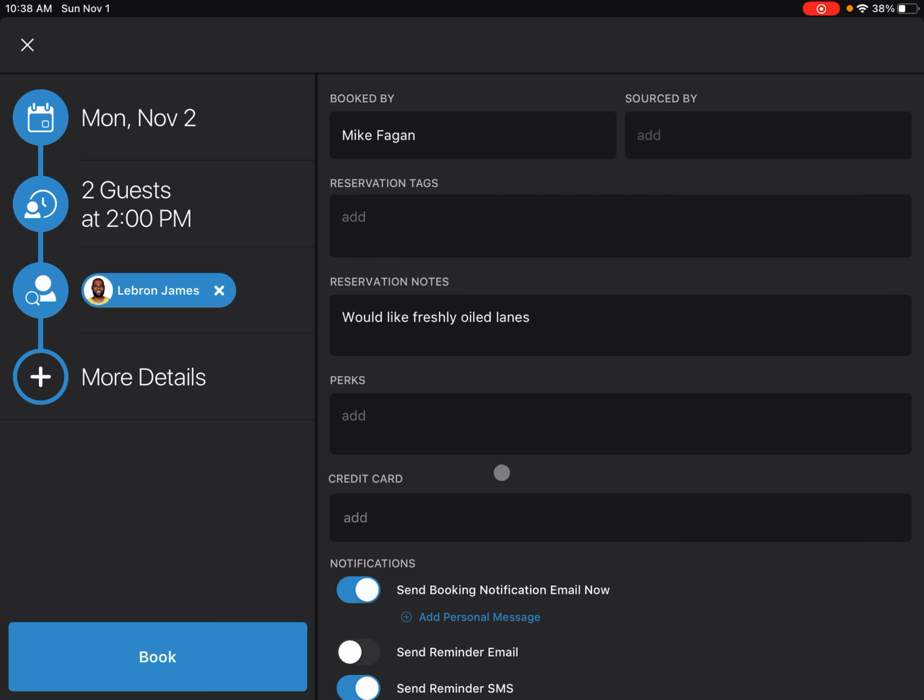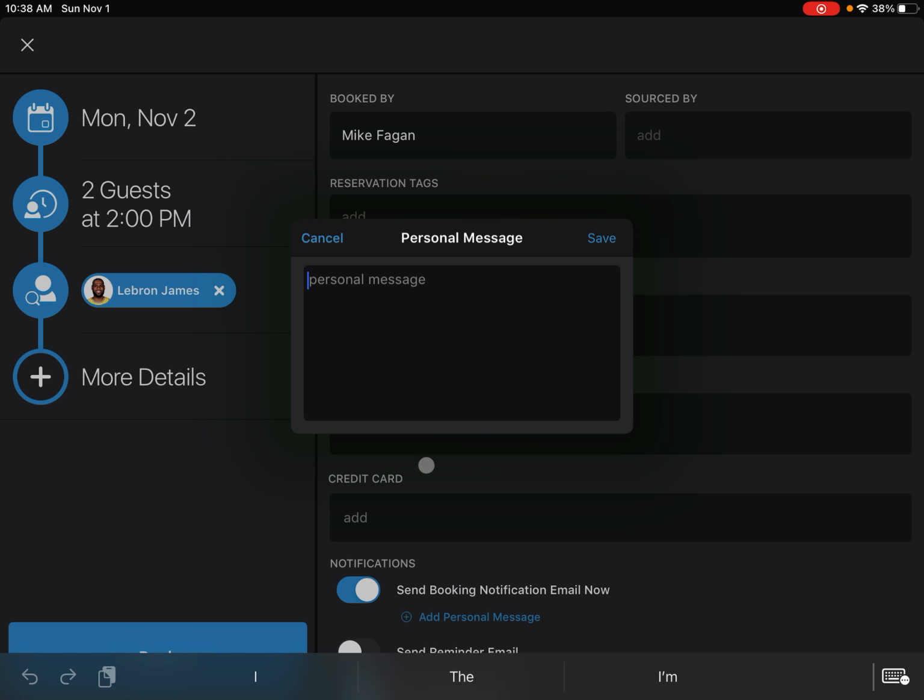And after that credit card information is in, you can see here that you want to send the booking notification to the guest. The default is to send them a text reminder, an SMS reminder of their reservation that's coming up. And you can also add a personal note in here where you can say, We look forward to seeing you, and we'll